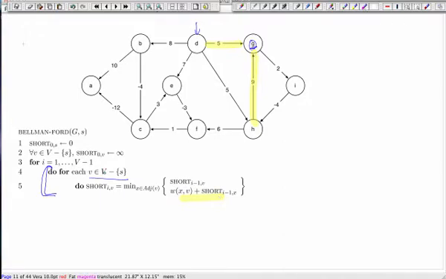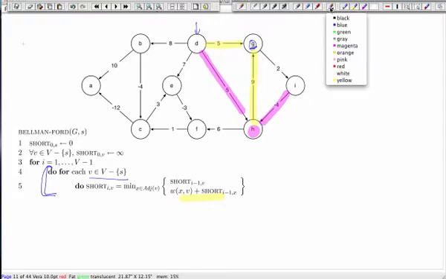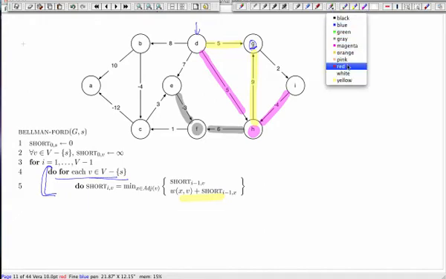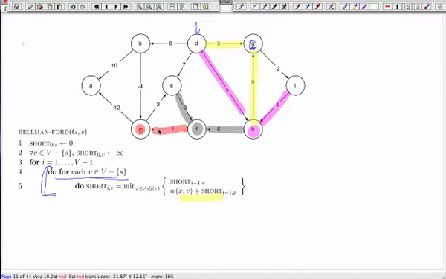So this outside loop is going to loop over every single node in the graph. Then at some point we would come to H, and we would investigate these two edges which come into H, and then at some point we would investigate F, and we would investigate these two edges. What I'm trying to say is that instead of writing this loop in steps 4 and 5, by looking at every single vertex, if I were to continue coloring this, I'll take the next step. Once we come to C, we would investigate all of these edges, right? So what I'm trying to say is that eventually, after I've colored every single node,